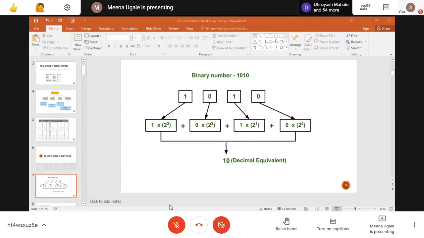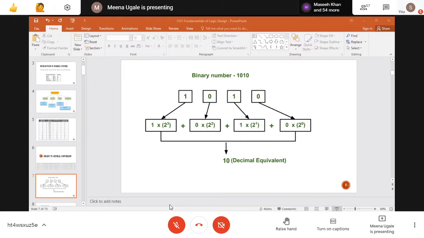The simple way is to multiply the digits of the binary number with powers of 2. I'm starting from the least significant bit, and then going to the left-hand side, from right to left. So 0 multiplied by 2 raised to 0. Then 2 raised to 1, 2 raised to 2, 2 raised to 3. Then if there is one more digit, I will go for 2 raised to 4, 2 raised to 5, up to whatever number of bits is present here.